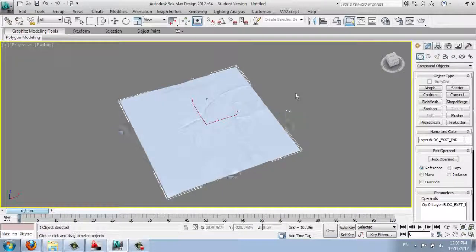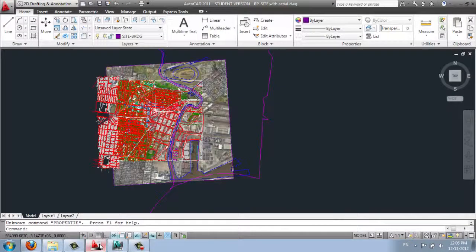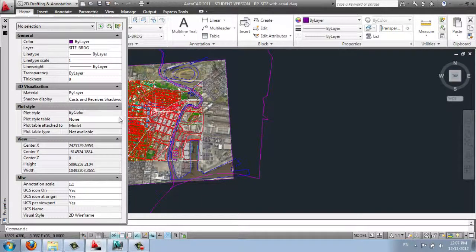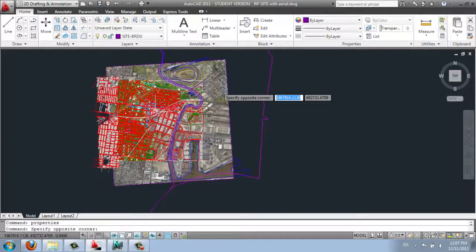So the next step would be to go back to your AutoCAD file, and then type in properties on the command bar. And you can see a list of things, and we're interested in the height and the width. Oh, sorry, I didn't select anything. So what you need is to select